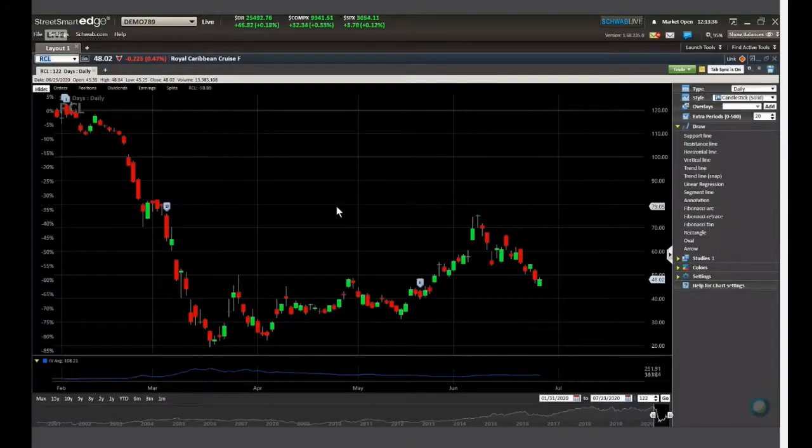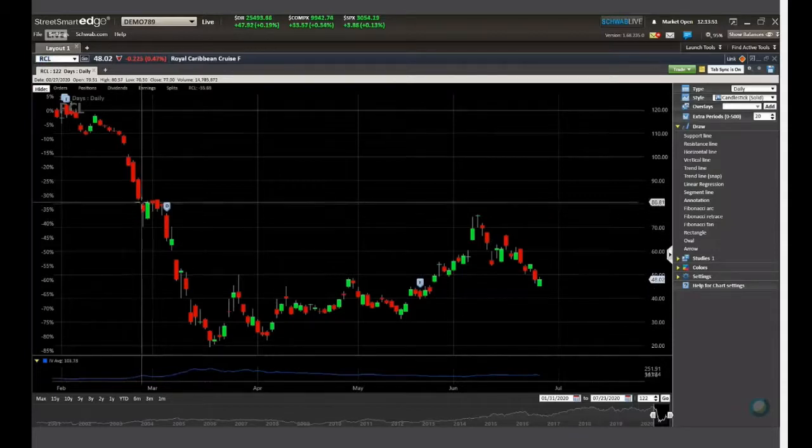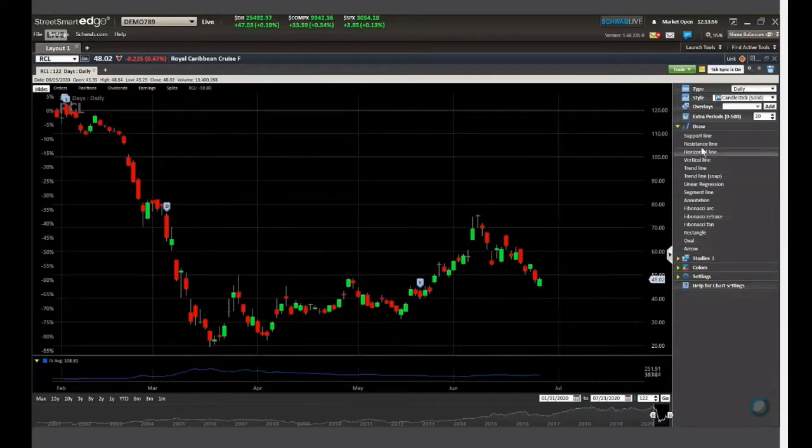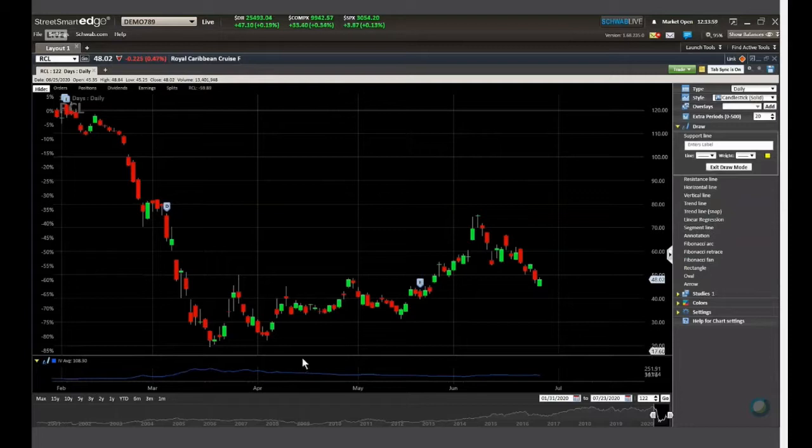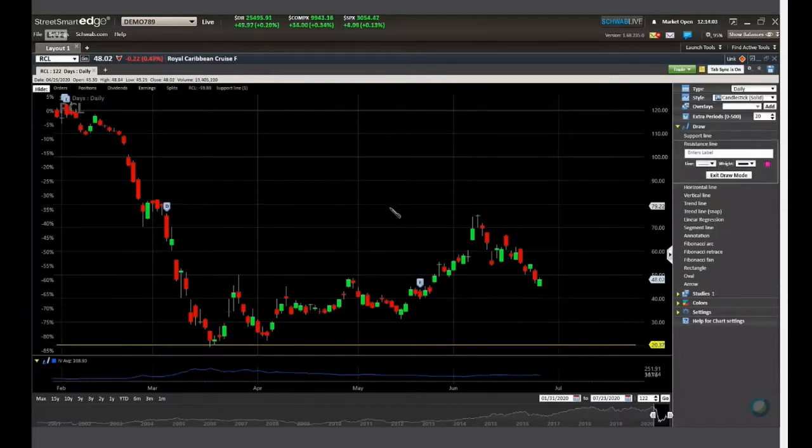So here we have Royal Caribbean, and Royal Caribbean was kind of trading in this little range right here. Okay, so you see how it was pumping up against and then dropping down, coming up. Now you kind of have a little bit of a range over the last couple months where I would say this right here is sort of your topping point. So we're going to draw in our range by creating a support line and by creating a resistance line. There we go. All right, so that could be your range.